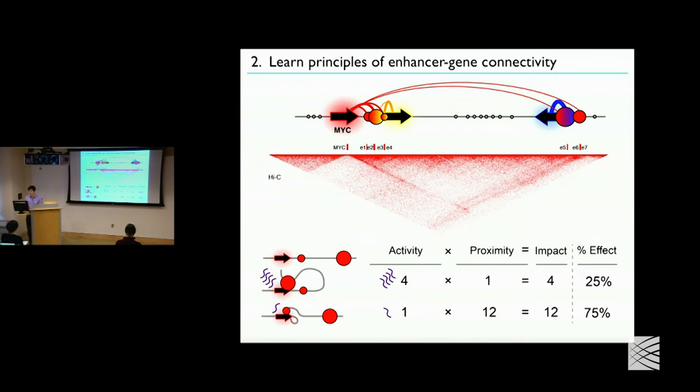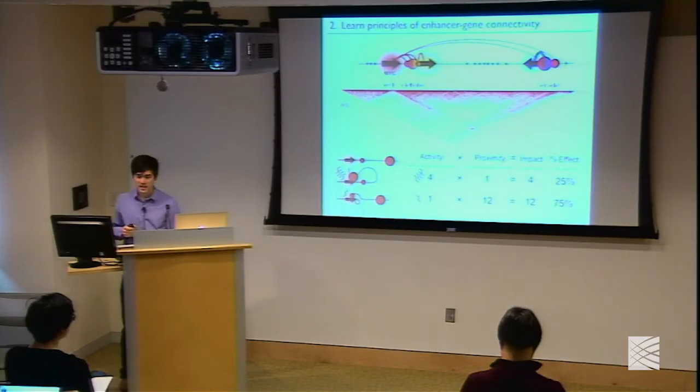Do you always see those lines for the topological domains? I remember the off-diagonal spots, but you see that dark line, where this site is touching all the sites. No, you don't always see that line. That's a slightly unusual feature. We don't really know why that line exists, but it probably has something to do with CTCF being there.